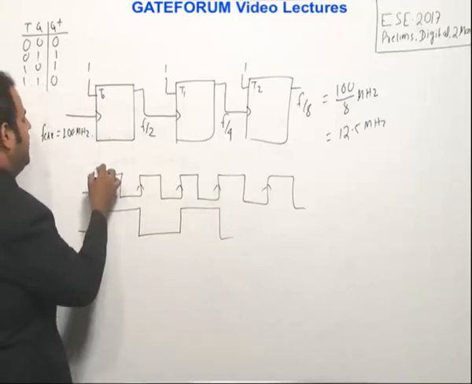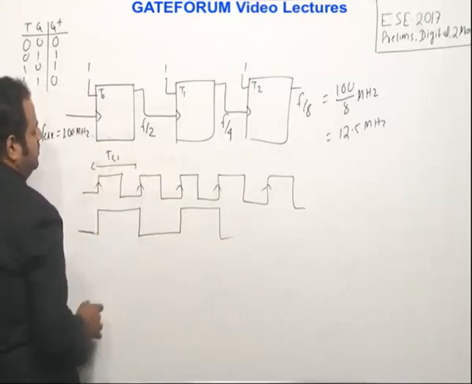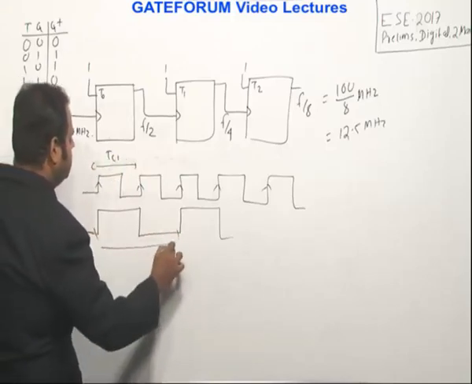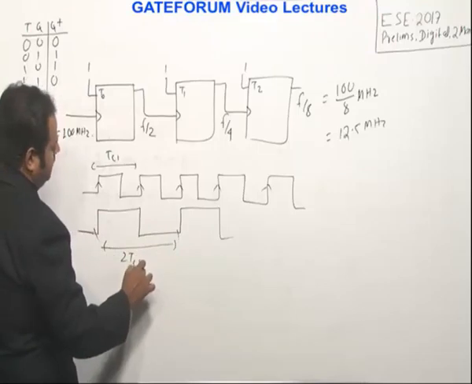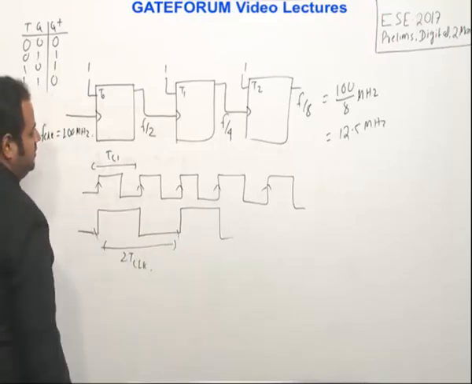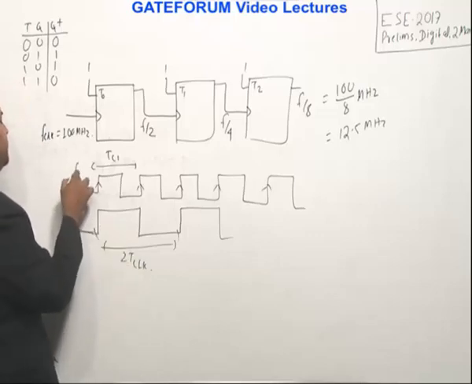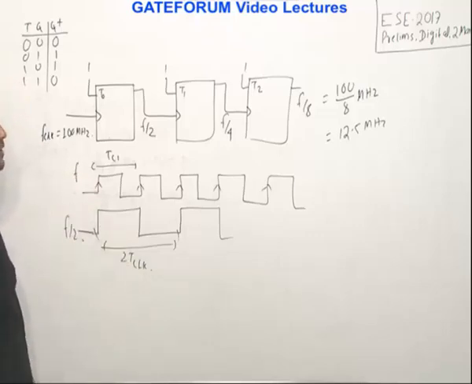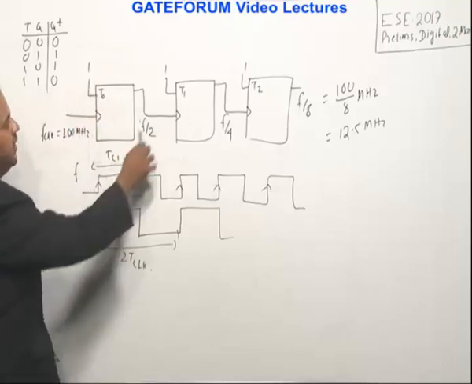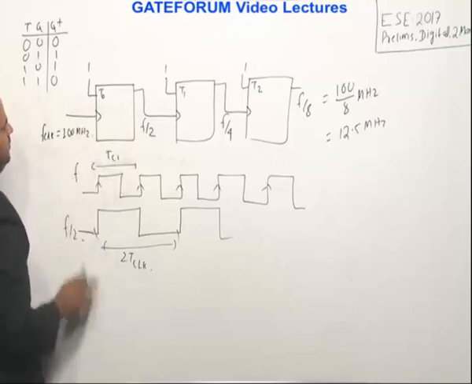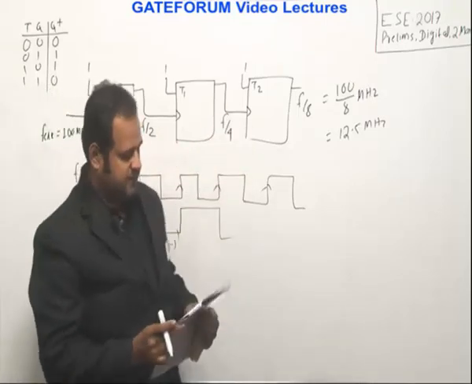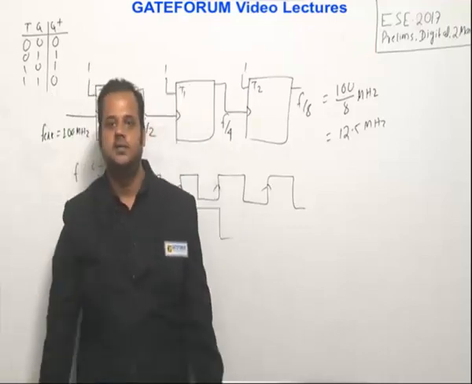So if I call this T clock, and I ask you what is the period of this, you notice one period of this is equal to 2T clock. This is 2T clock, right? Because the time period is double, the frequency will be half. So if I say this frequency is F, I should say this is F by 2. So based on this concept, when the input is 1 to this, every time the output is input frequency by 2. So here F becomes F by 2, F by 4, F by 8. So the final answer is 12.5 megahertz, which is given in option D, and hence D is the right answer for this.